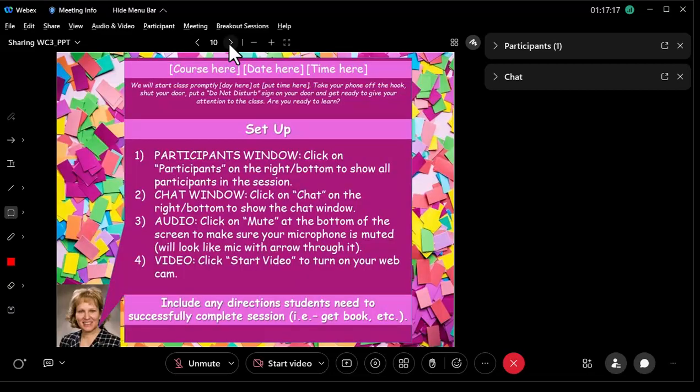All right, so you've done all your startup ahead of time, and you have your opening slide that comes up. You want to make sure you have your course name, date, and time here, and then any setup information, anything you want them to do while they're logging in, and maybe they have 2 or 3 minutes to remind them to do things to set up. One of the things that's not listed on this slide that I would recommend adding is information for them to activate their annotations tool, which means you need to have set that up ahead of time too.